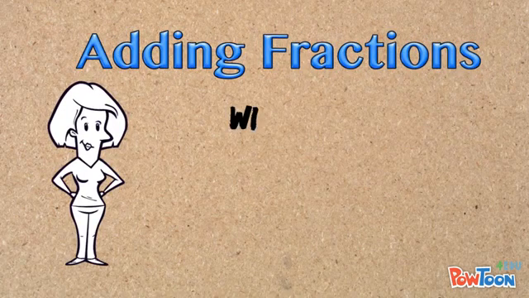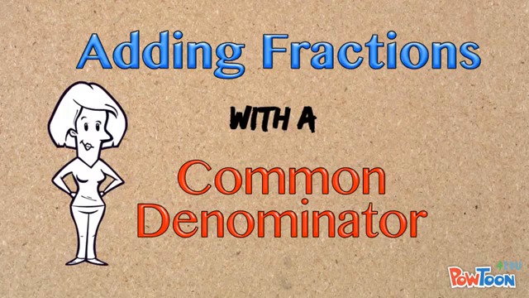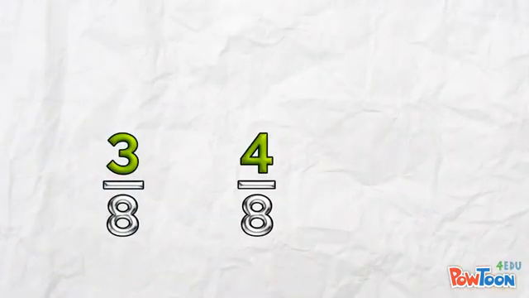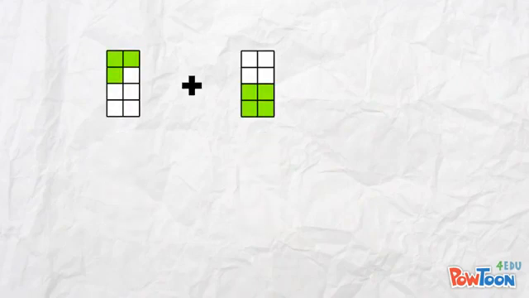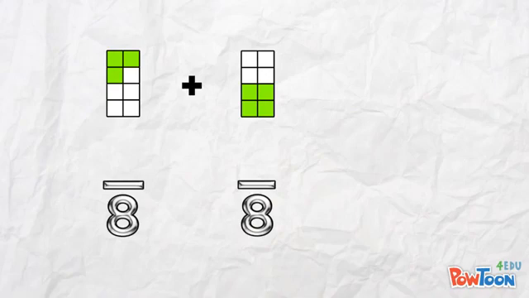Adding fractions with a common denominator. We have two fractions, and here's a model to represent them. We have to add them together. Both of the wholes are divided up into 8 parts, so we've got denominators of 8 on both of these